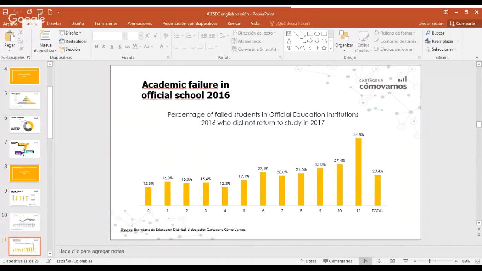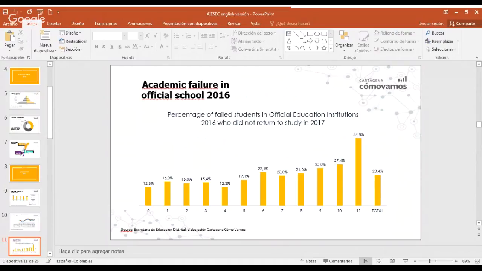However, when we analyze the academic performance in official schools, we observe that the highest percentage of students who failed and didn't return to study in the following year, meaning a student who didn't pass the grade in 2016 and didn't go back to school this year, is in high school. It means in the last two grades of school. It's about 4 out of 10 students who failed in 2016 who didn't return to study in